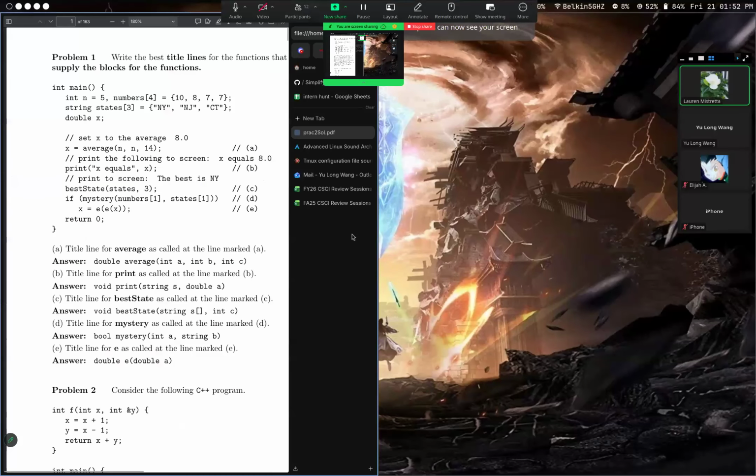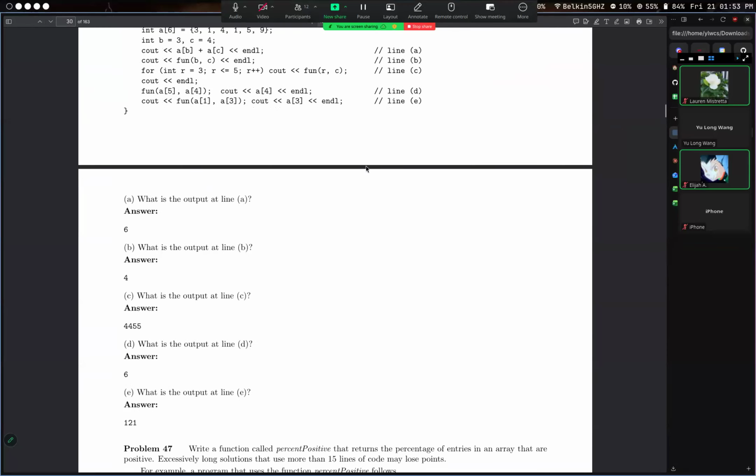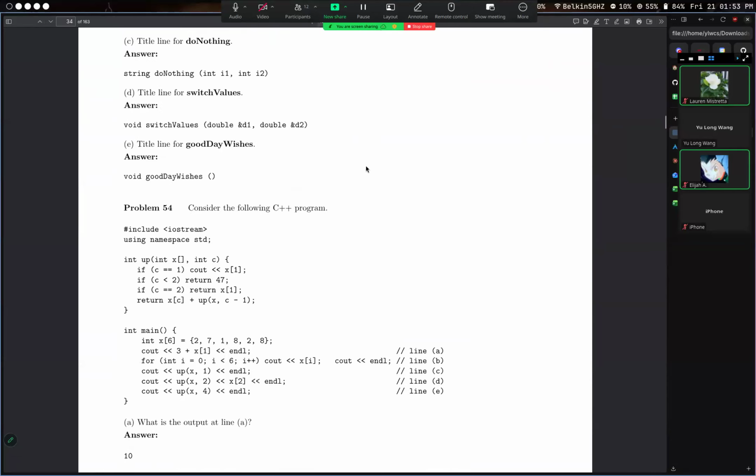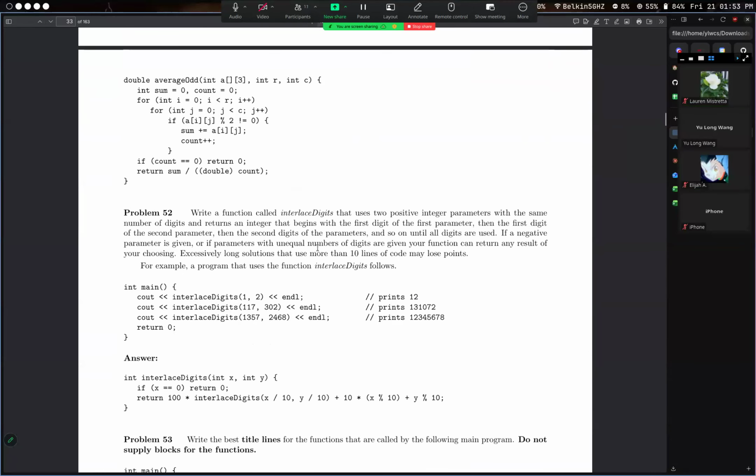Let's pick a random question. How about question 52? Yeah, let's try 52. So write a function called